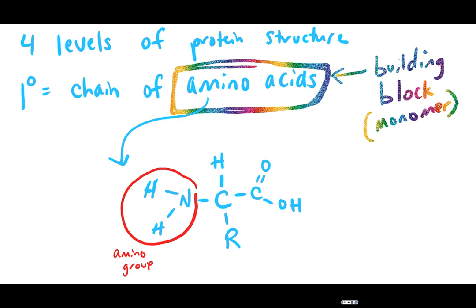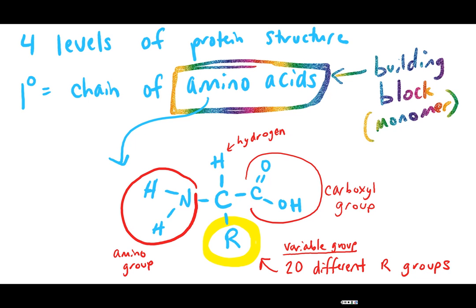Now, amino acids are our building blocks to our protein. This is our monomer, okay? I've drawn for you an example of an amino acid below. So you have a central carbon, and paired to that carbon, you have an amino group. So this is how it's called, an amino acid. Amino group has nitrogen and 2 hydrogen. You also have a hydrogen attached and a carboxyl group attached, which is a carbon, double bond oxygen, and a hydroxide group. And then you have what's called the R group.